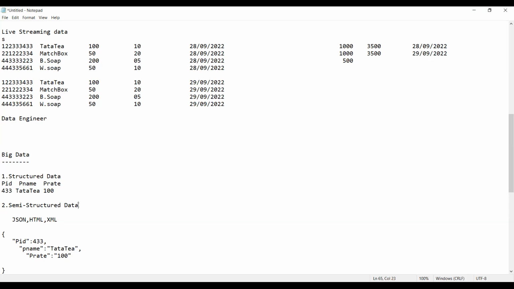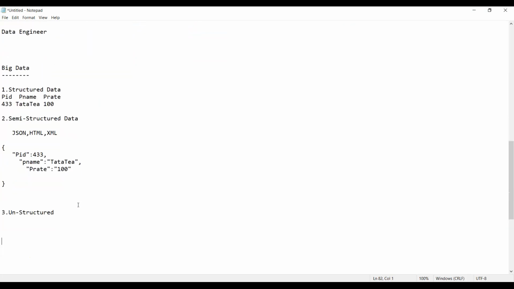Unstructured data means the data which we see on our mobile phones: photos, videos, PDFs, various voice recordings, etc. All this is called unstructured data, which will not have any kind of structure. Across the globe, 80% of the data you will get is unstructured data only.